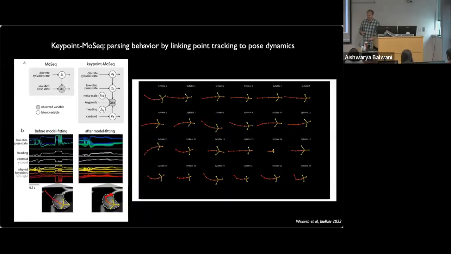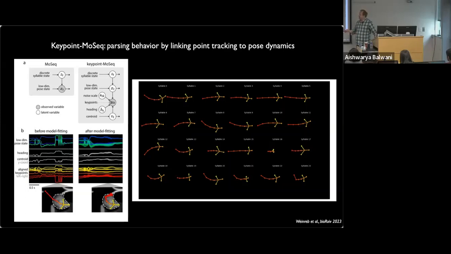And I'll just end this little section of the talk with one shout out to very recent work that's also extending this MoSeq model in a somewhat similar way. So MoSeq is this simple model that we started with, and in this first part on time-warped MoSeq, we added another layer of continuous latent variables. Here, we were interested in how we could apply the same type of model, not to depth video, but to keypoint data.